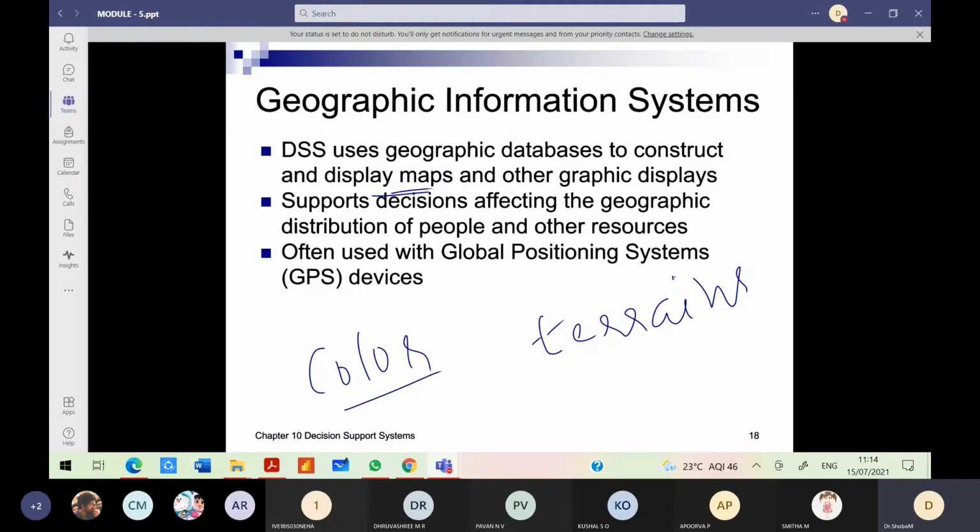So it is used very aptly. Displaying maps is also important and supports decisions affecting the geographic distribution of people and other resources. So the decisions taken by the system affect the geographic distribution of people and other resources.